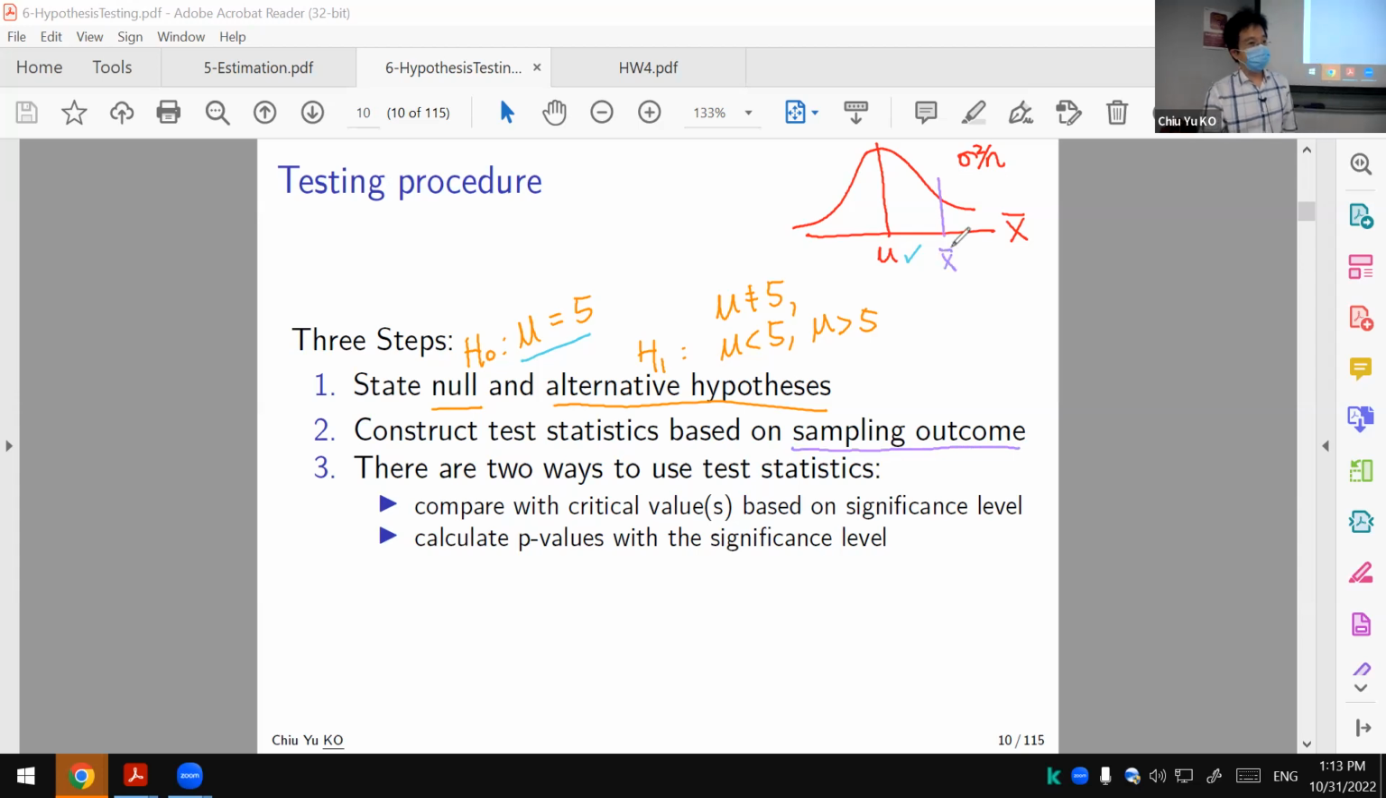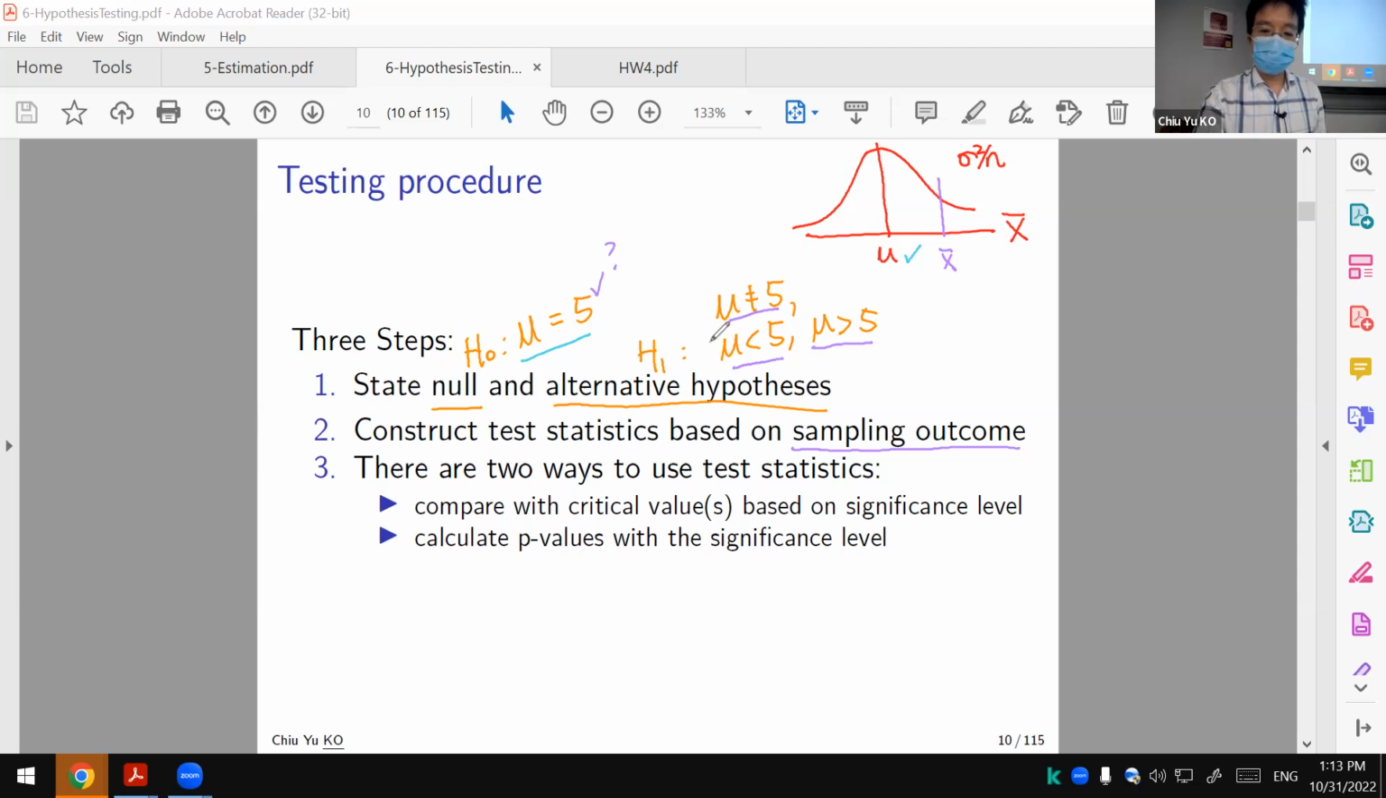The question is, is X bar far away from mu? Is X bar far away from mu? It depends. If this is violated, the answer depends on which one you're using. It depends on what the alternative is. First,